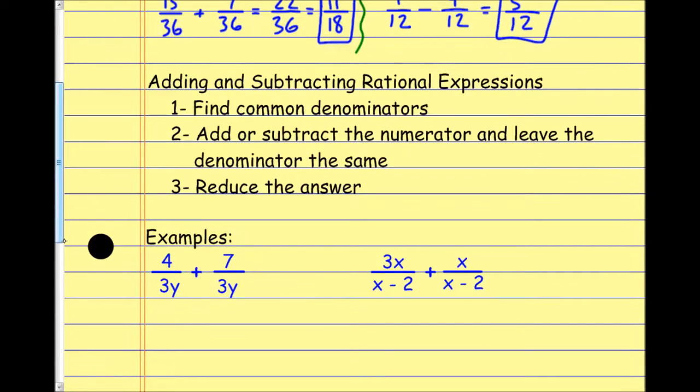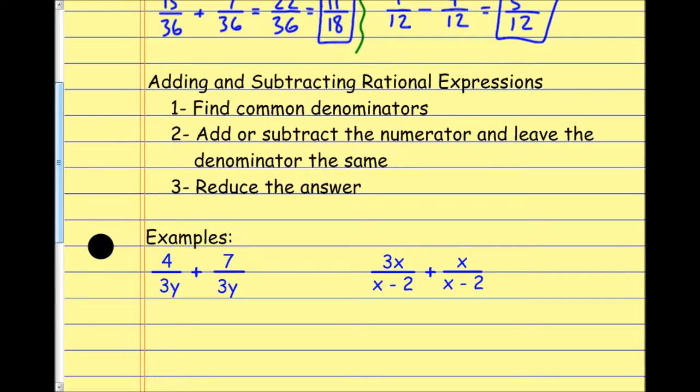So when we apply this to rational expressions, we want to do the same thing. We want to find common denominators, which can be a little bit tricky here, but we want to find common denominators, the least common multiple. Then once we have common denominators, we're going to add or subtract the numerators, and we're going to leave those denominators the same. All right? And then the last thing we do is always look to see if we can reduce the fraction that we're